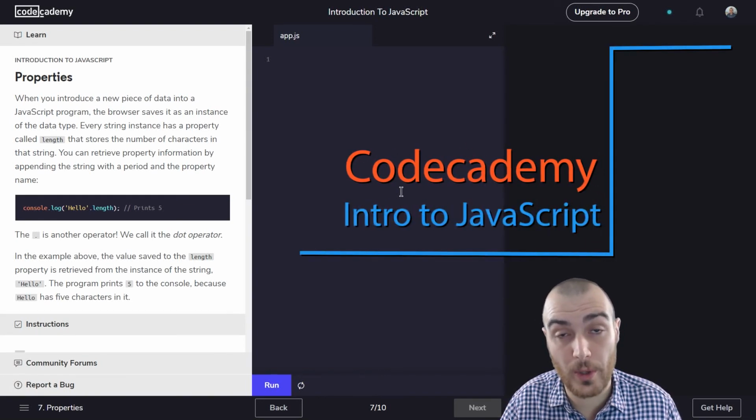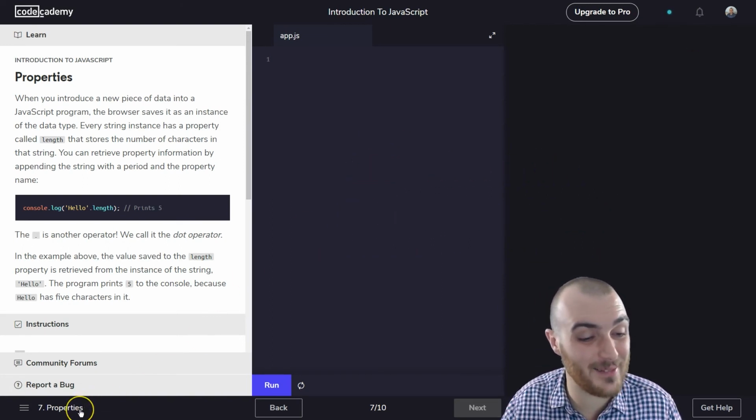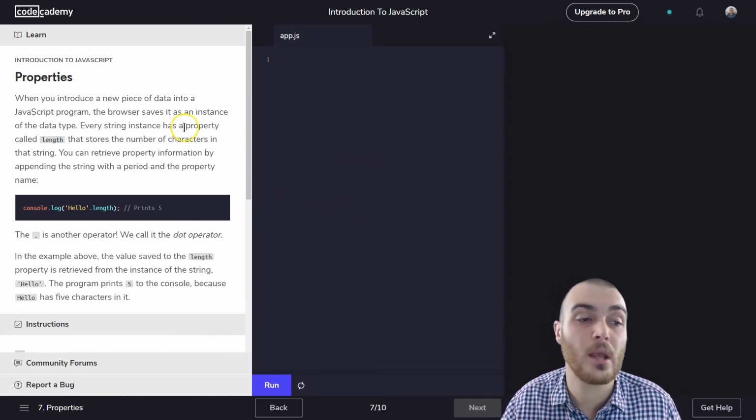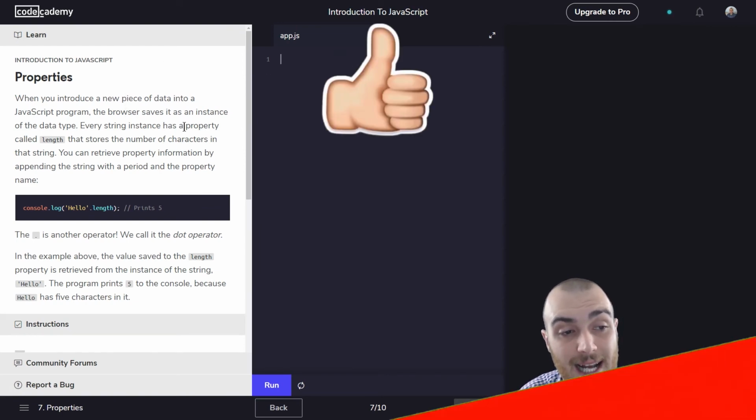This is Codecademy. I'm working on Introduction to JavaScript. I'm currently doing 7 properties. This is level 1, it's part 7. Properties. When you introduce a new piece of data into a JavaScript program, the browser saves it as an instance